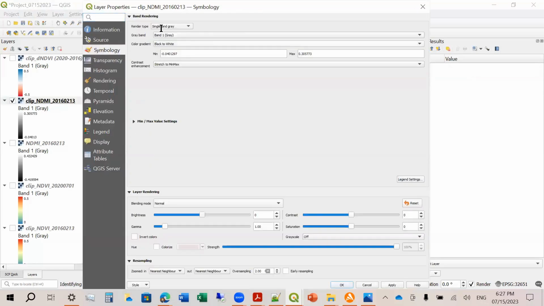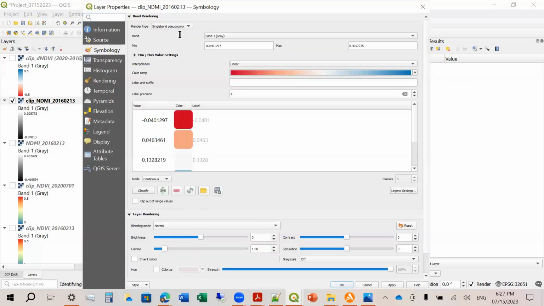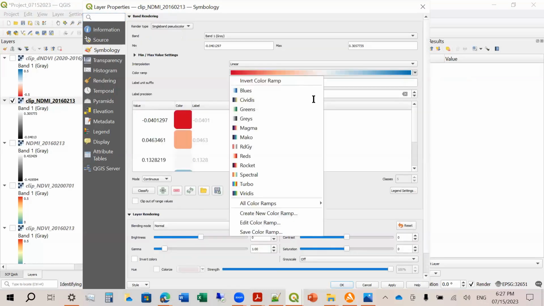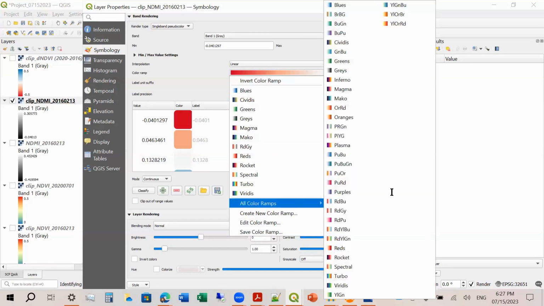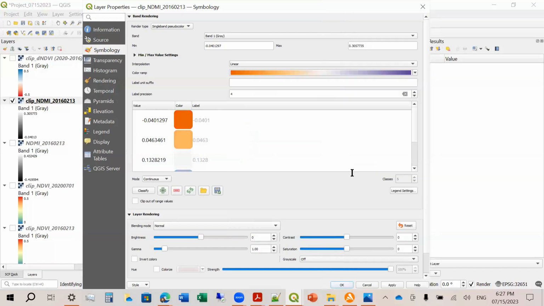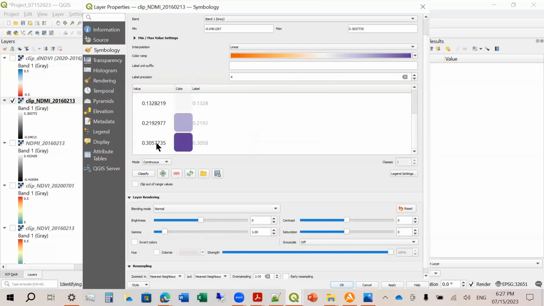Okay, so let's go to symbology, pseudo range color. Let's try to use a different set of values. Let's say purple and orange. Orange is dry, purple is wet.